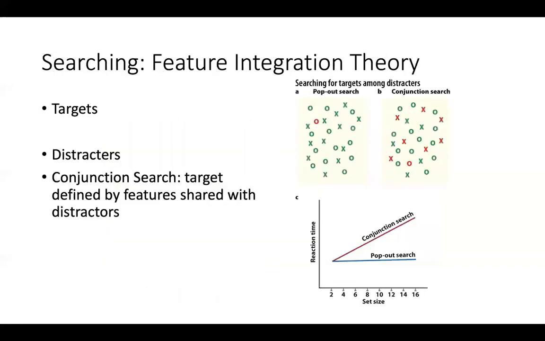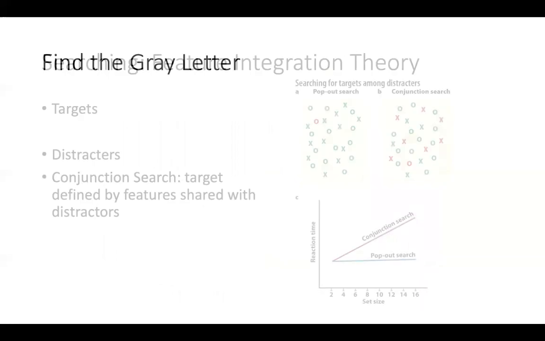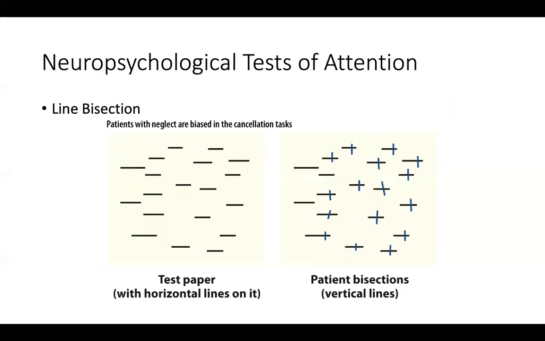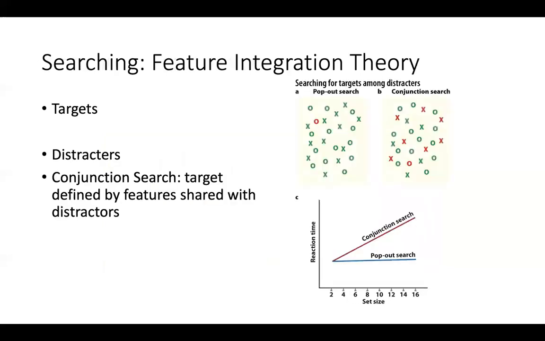Okay, so the last thing that we're going to talk about, and then we'll be done with the lecture, and then you can do your quizzes. You have two of them today. The last thing is visual search, which they call feature integration theory. I guess you could call it a theory, but